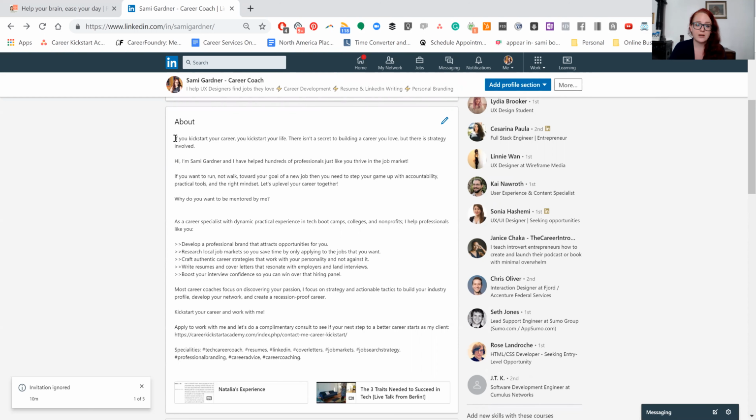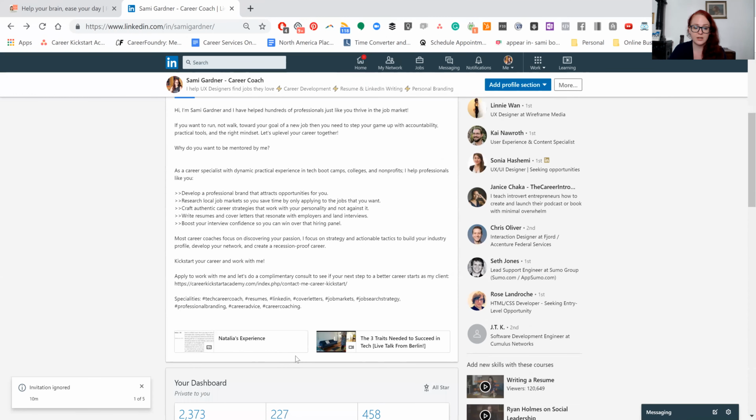So they want to have the first line, that's the most important. That needs to really be the meat and potato statement. So that's a good place for a job seeker to put, I have X number of years of experience, I can do this and this, I am with that, whatever. That's not going to be the place where you want to put a quote from Maya Angelou or something like that. Save that for down below. You want to make sure that that first line counts.